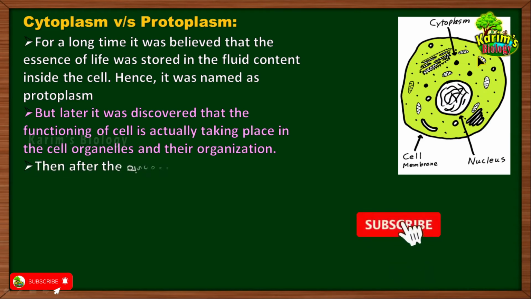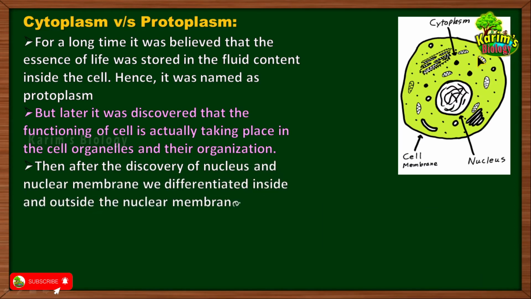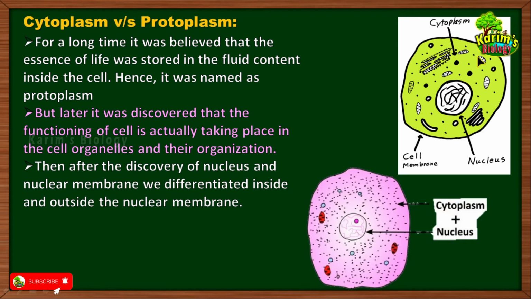And another remarkable observation has taken place in the cells. What is that? Discovery of nucleus. You know, children, Robert Brown discovered a darkly stained part within the cytoplasm, and that is called nucleus. And nowadays we know that nucleus is covered with a membrane called nuclear membrane, and the contents of the nucleus are called nucleoplasm. Okay, and this nuclear membrane is separating the contents of the cell from that of the inner part of the nucleus called nucleoplasm.